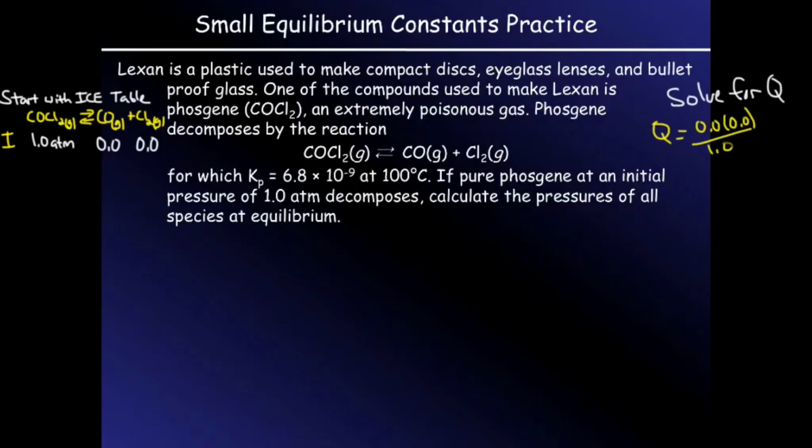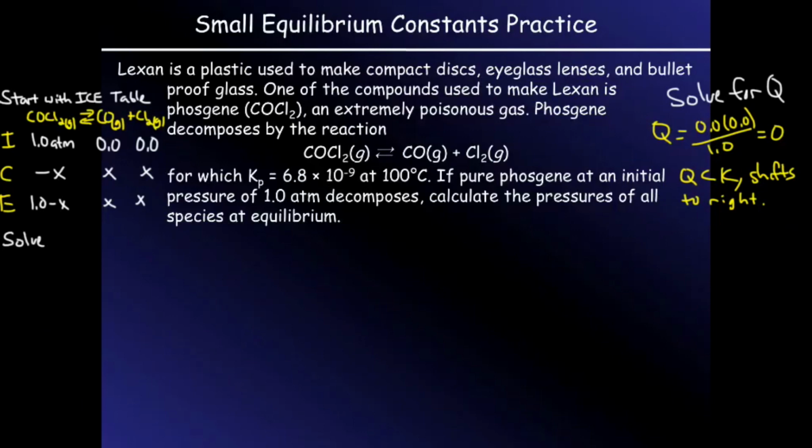So when we solve for Q, we recognize that this reaction shifts to the right. So we get minus X for COCl and COCl2, and then plus X on the right-hand side. Now it turns out that we could solve this expression directly just using the quadratic formula. And you could do that. That's not too difficult, and this would be a problem that I would expect you to be able to calculate